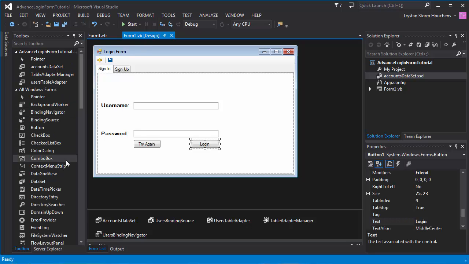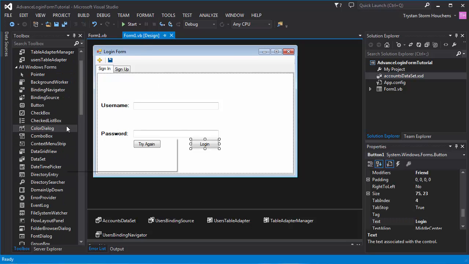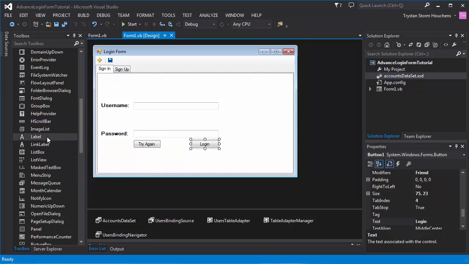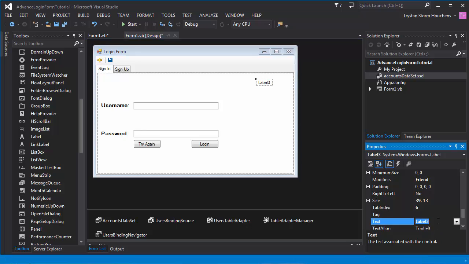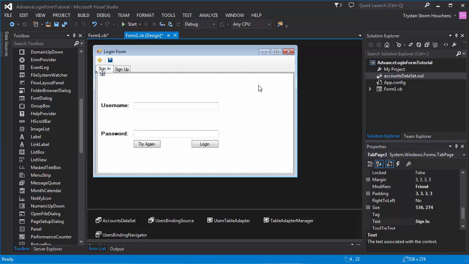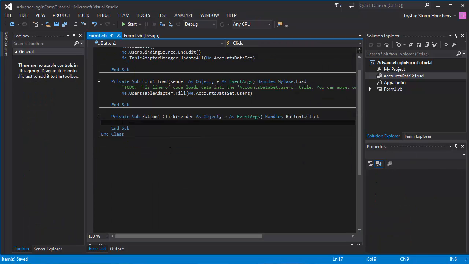What I was planning on doing is actually going to get another label and put it right here, and we're going to actually put a dot right there. The user should not be able to see it, but the reason why we're doing that is to show you what will happen. So right now we're gonna go back to the login form, and where it says button one dot click,